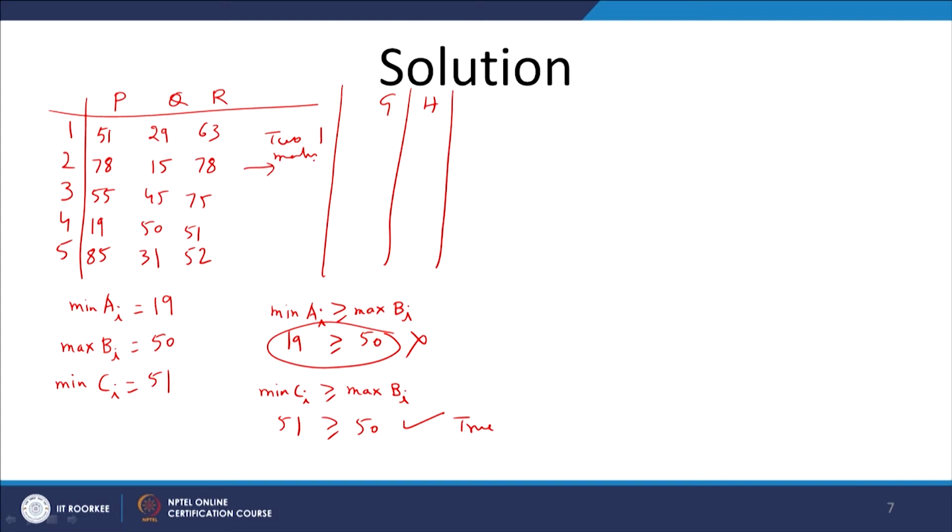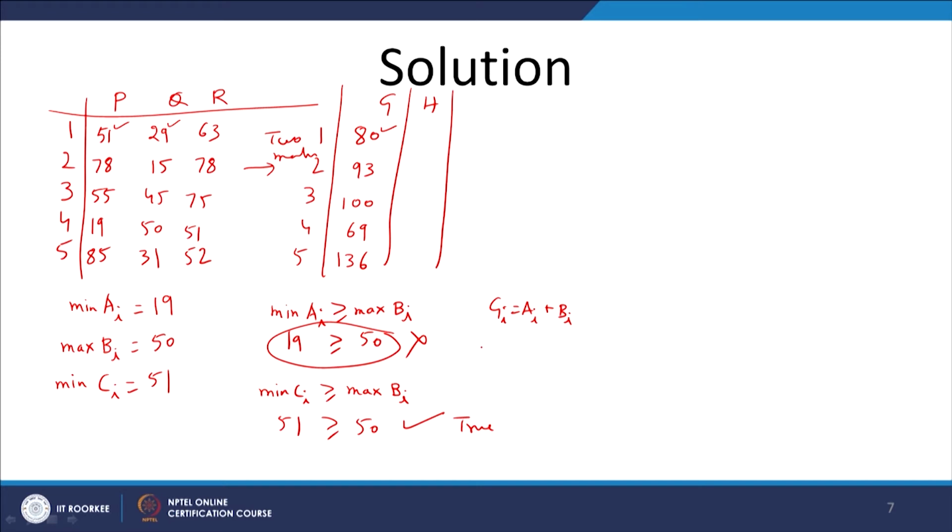And as before, let us write down the sums. So, what is GIs? GIs is equal to AIs plus BIs. So, what is the G I have to write? This will come out to be 80, 93, 100, 69 and 136, because GI is equal to AI plus BI. So, you have to add let us say 51 and 29, you should get 80, and like this you can get for the entire column.